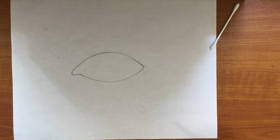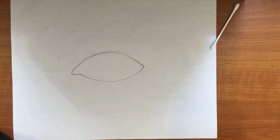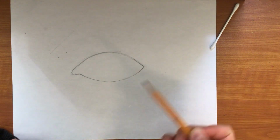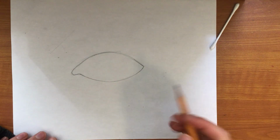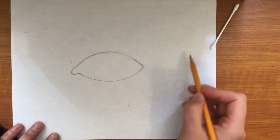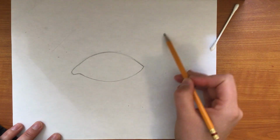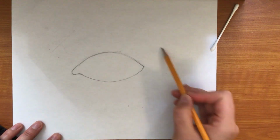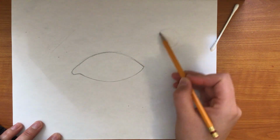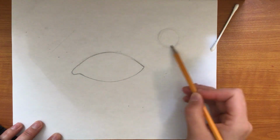Alrighty, the next thing you want to do is draw the inside of your eye, so the circle inside of it. If you have something circular to draw around that's the right shape or the right size, you can go for it. But when you draw circles, just try and practice to start with. Your hand just goes around and around and around. I'm not even touching the paper yet. Just get your hand in that motion. And you kind of want to lightly go around and around, keeping your hand on the table